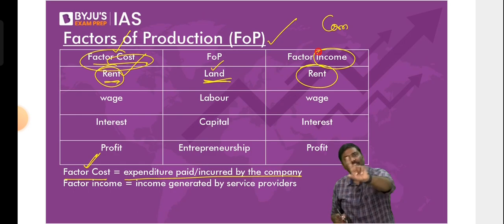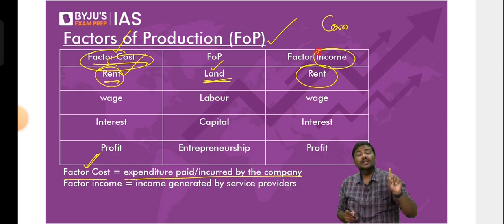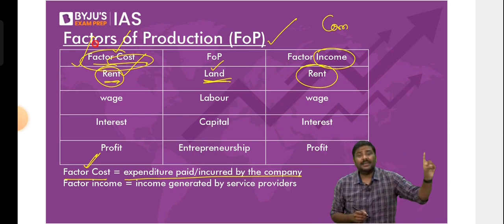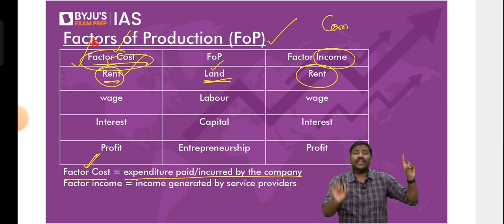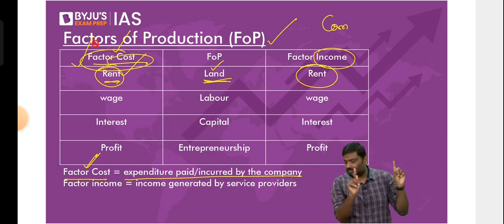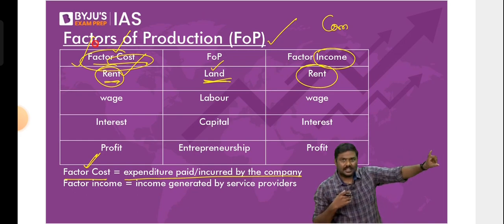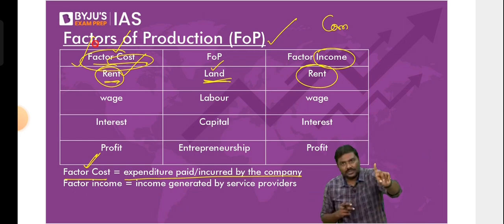Imagine there is a company, you will work for the company, you will receive wages from the company. The wages are an expenditure for the company. I repeat, the wages are expenditure for the company, whereas the wages are your income. Wages are your earnings. Any doubts, let me know regarding the wages. I'll repeat it again. You will work for a company, I will work for a company. When you provide the services of labor to the company, which is a factor input, company will use that, company will pay wages.